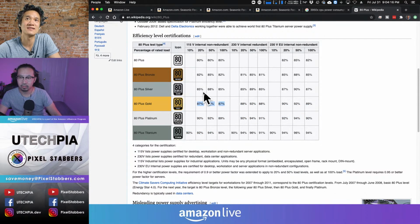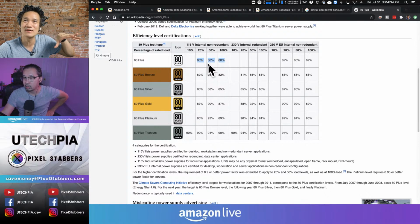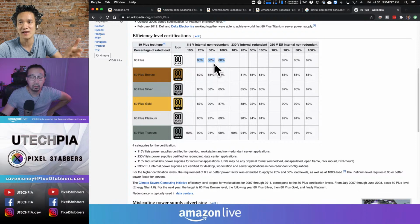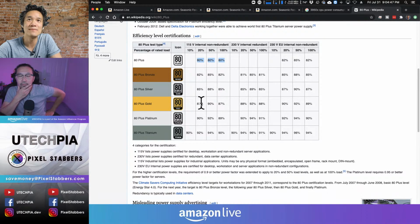Now, the 80 plus silver, you're dropping quite a bit for not much savings. And then the bronze, much less efficiency, but not much saving. The 80 plus whites are usually much cheaper, but then you're at 80% efficiency. Now you're spending more money on power that you use to power your computer versus the money you save on the power supply. Because it's only 80% efficient, which means you need to draw a lot of power from your wall only to get 80% of that to your computer. But if you go for anything more than 80 plus, it starts to cost a lot more. So that's why I think 80 plus gold is a good